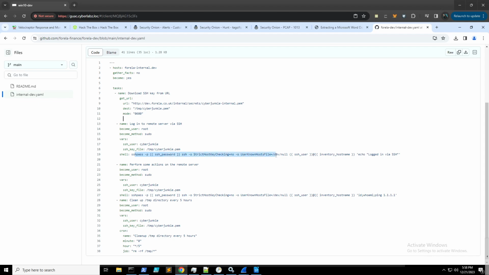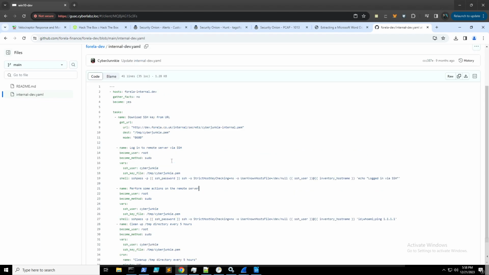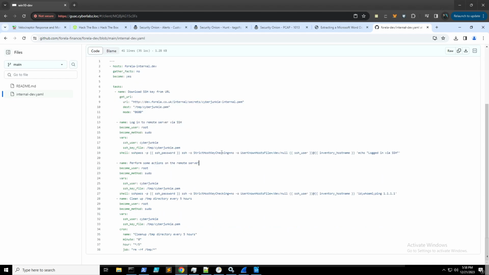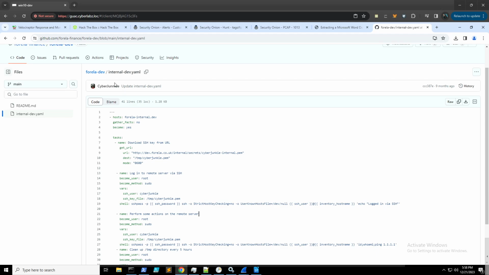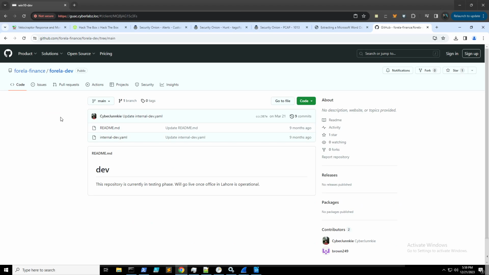Let's see here. So it looks like these are placeholders. It's just a YAML file though, used for some sort of SSH access automation maybe, but we had that Cyber Junkie, which is definitely a telltale sign this is it. See, Forella,